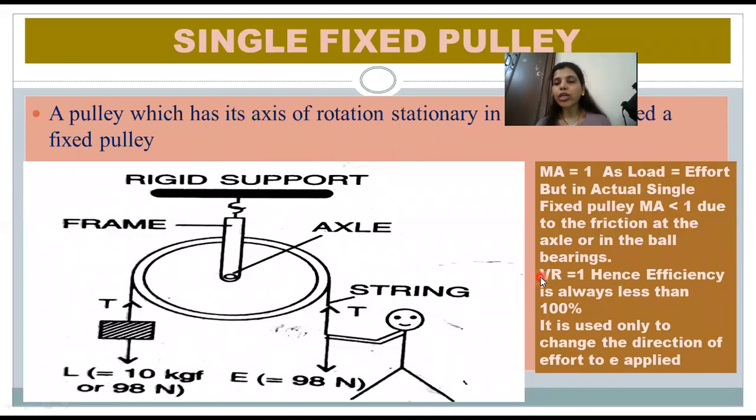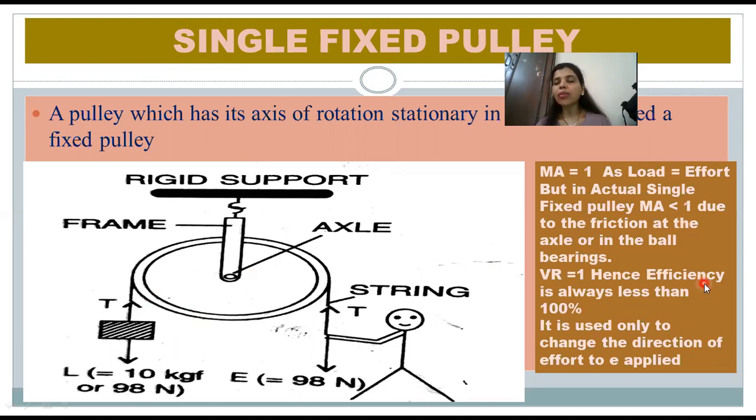But what about the velocity ratio? The velocity ratio never changes. Though there is friction, the velocity ratio will never change unless and until you change the design of the machine. Here we are not touching the design of the machine. Whatever is the size of the ring, that remains the same. Whatever is the weight of the ring, that remains the same. We are not changing the design. So when we are pulling the load, VR remains the same, that is 1, but MA decreases. MA is less than 1 due to friction.